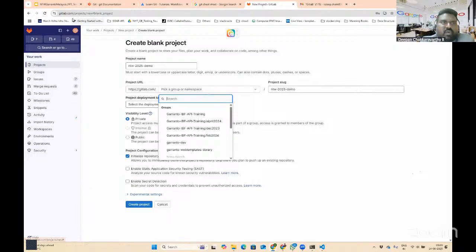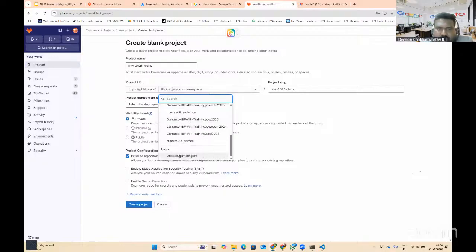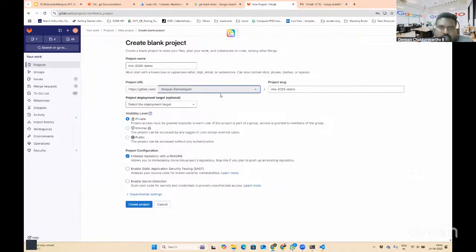It is not that we need to add only in the dashboard. Within our GitLab, and this is the same for GitHub as well, we can have groups. So it is asking me in which group I need to create this project. I'm saying I want to simply add it to my user account, not to a specific group. So now this is the project name. This is the account in which I want to create the project. And this is typically the project path.